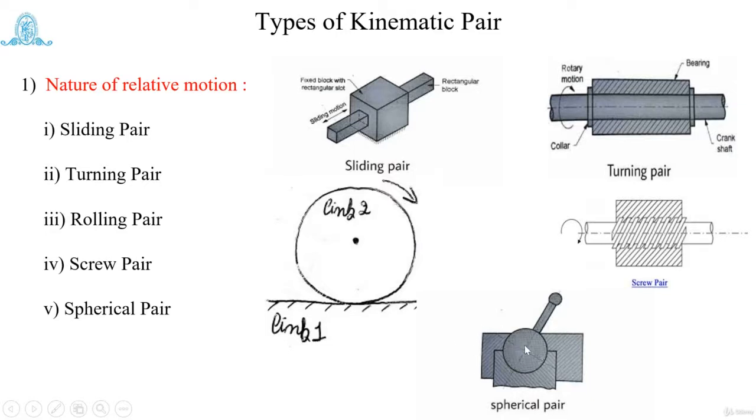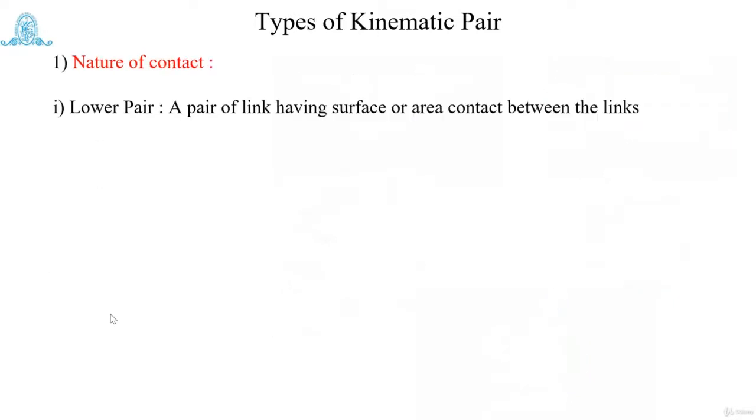one more example is a pen stand, which has a hollow spherical shape, and a solid sphere is fixed inside it, and you can turn it through 360 degrees along the x-axis as well as the y-axis. But you can't remove it. It can't travel. It can turn about the x-axis, y-axis, as well as the z-axis, but you can't take it away. That is nothing but a spherical pair.